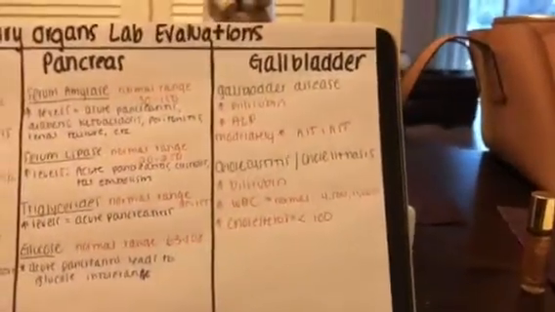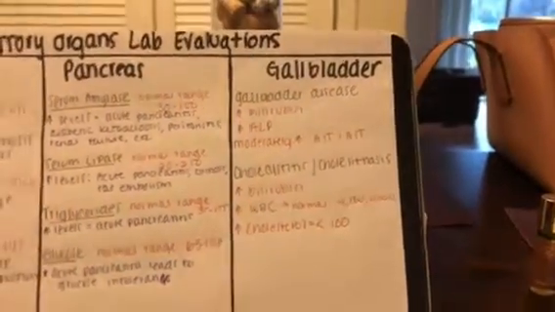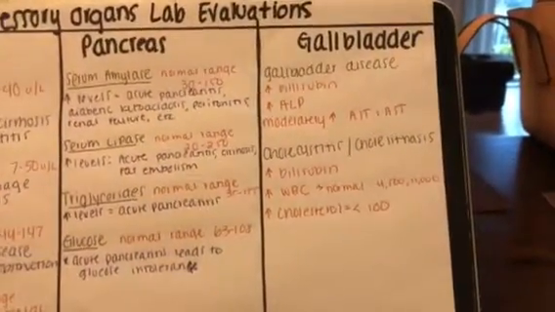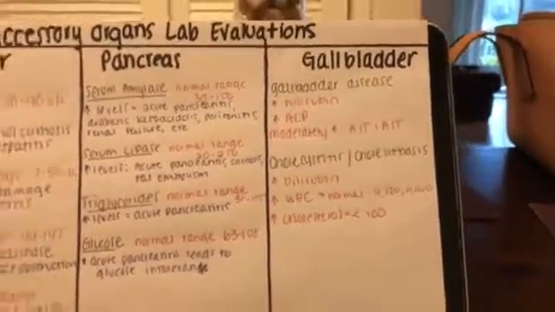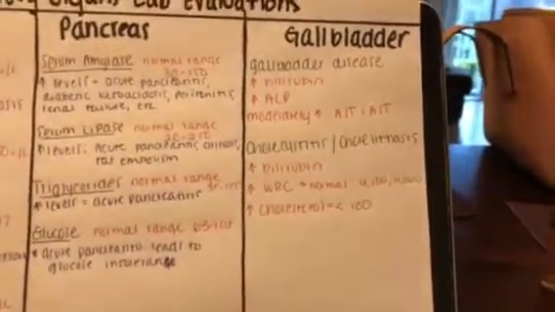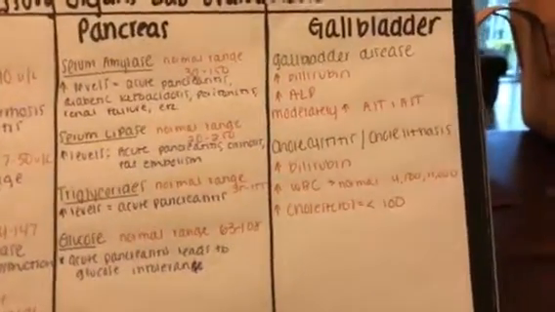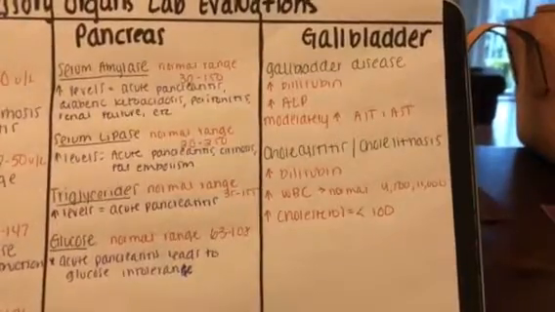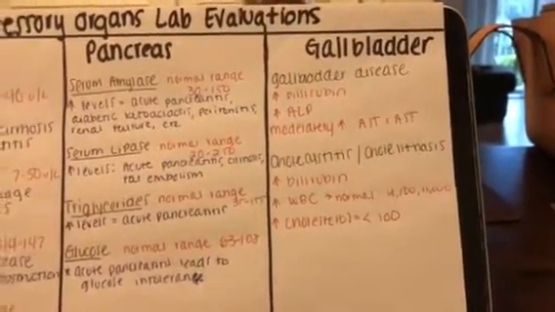Lastly, we have the gallbladder. So with gallbladder disease, you'll see an increase in bilirubin and ALP, and you'll have a moderate increase in your ALT and AST. And with cholelithiasis, you'll have an increase in bilirubin, an increase in white blood cells, which the normal would be between 4,500 and 11,000, and an increase in cholesterol, and a normal cholesterol would be